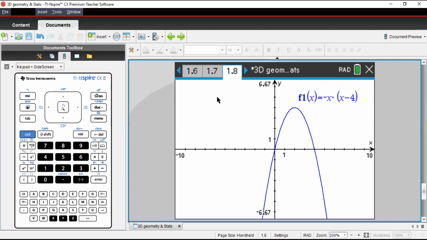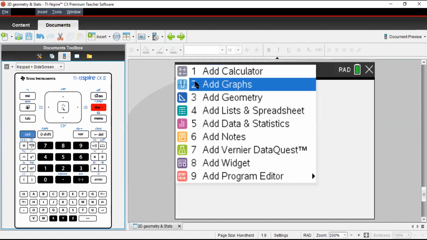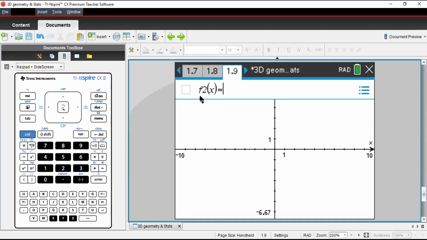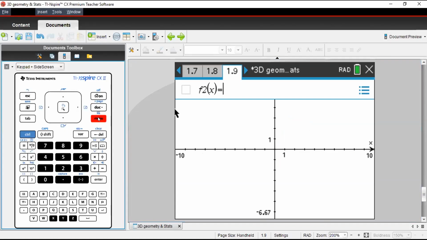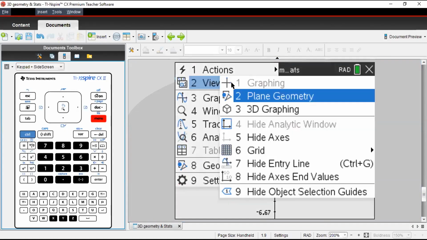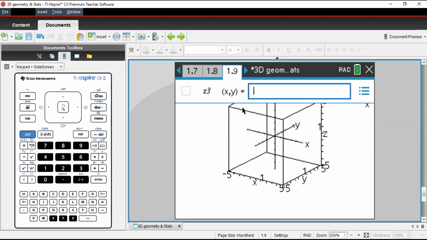Now, having defined our function, we will move to the 3D window. Let me create a page again, control, dock, and add graphs. So, how do we move to 3D window? Click menu, view, and 3D graphing. By default, you will have the Cartesian plane setting.